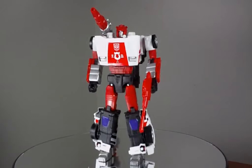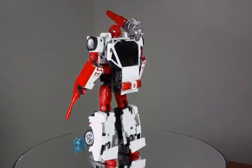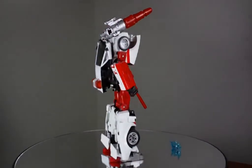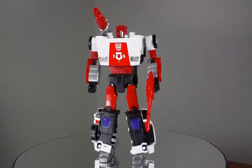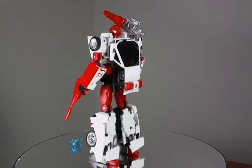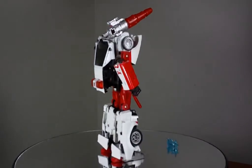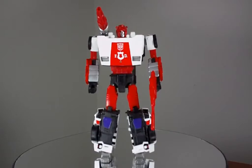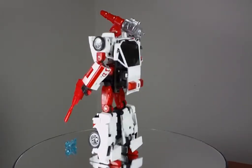And to add to that, it seems like you're going to be gambling. You're risking when you buy this thing whether or not it will have some physical or visual defects with the paint at least. So that is my one major, even though it's the only con, it's a significant con for this product. The pros, however, are numerous, and it really helps make up for the issue with poor